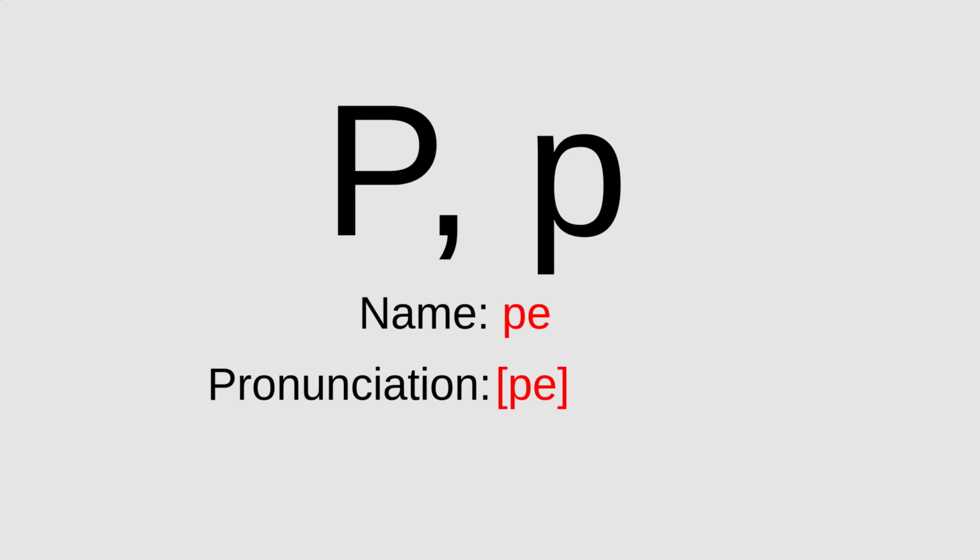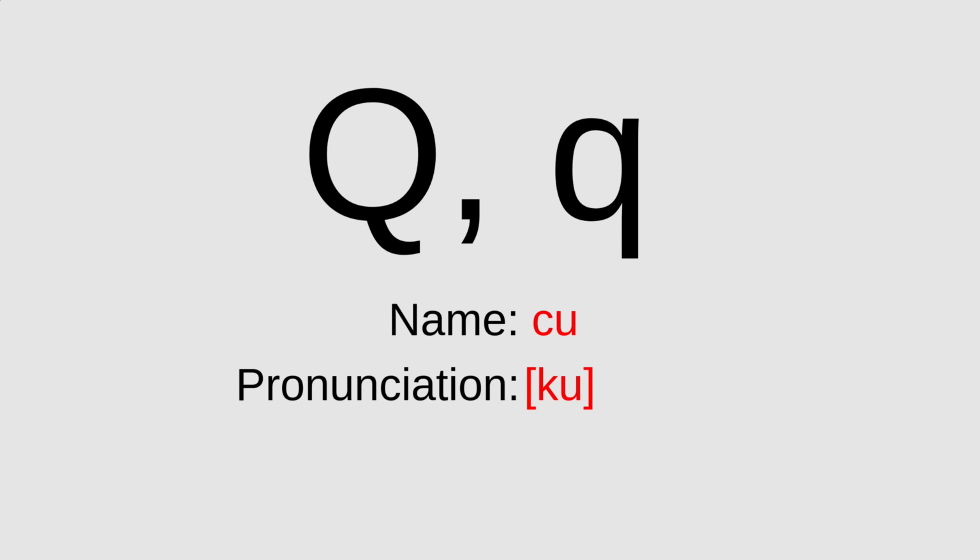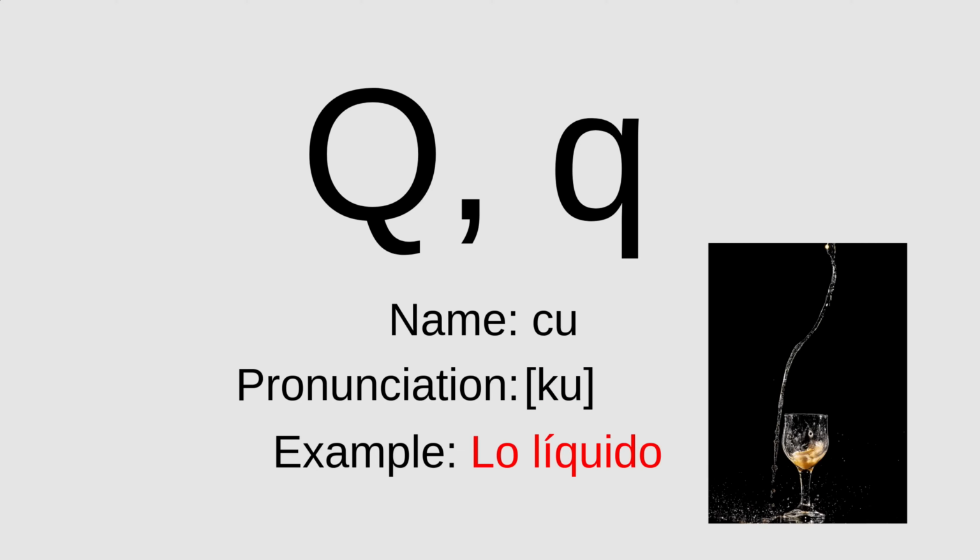Pe. Lo pane. The bread. Cu. Lo liquido. The liquid. The letter Q is pronounced like a K and always appears followed by the letter U,